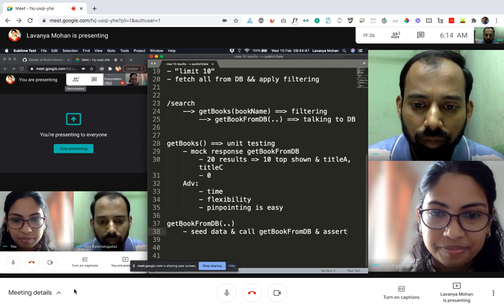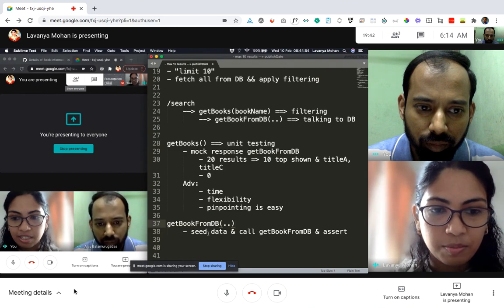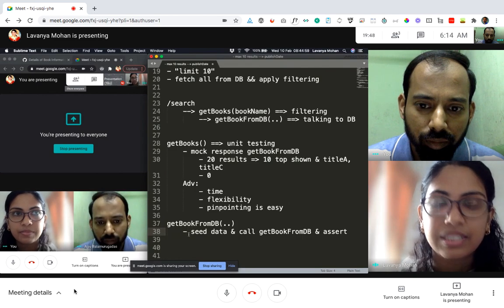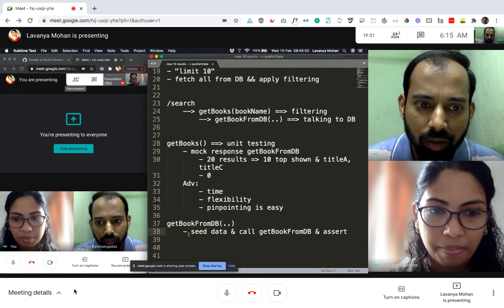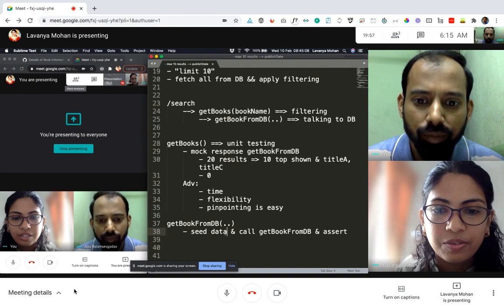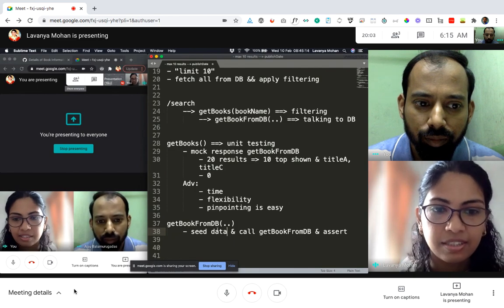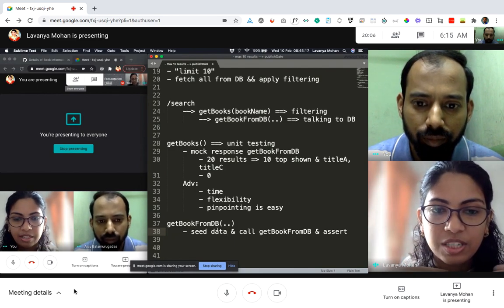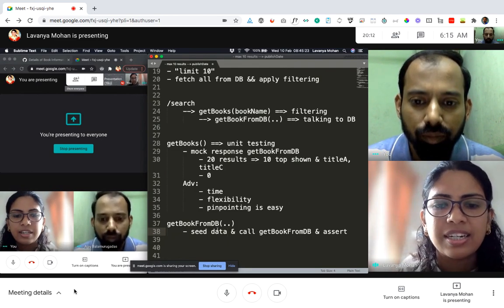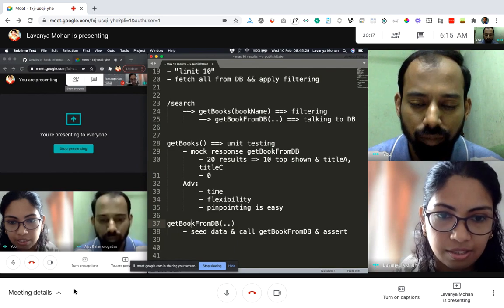Whatever we just discussed. Now, this method, since it uses RealDB, for running this test, we will have to start the DB. Right? Only then we can actually see the data. So our server app, a method in the server app, is talking to a database. So this becomes like an integration test, right? Because it is actually using a real database. Let's say that this method was internally calling another service, and we were using that other real service. That would also be an integration test. Okay.